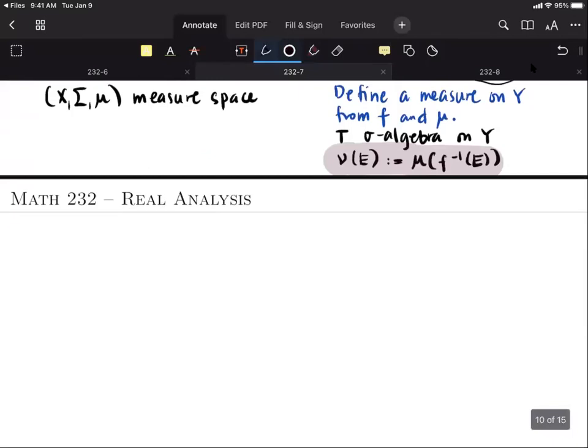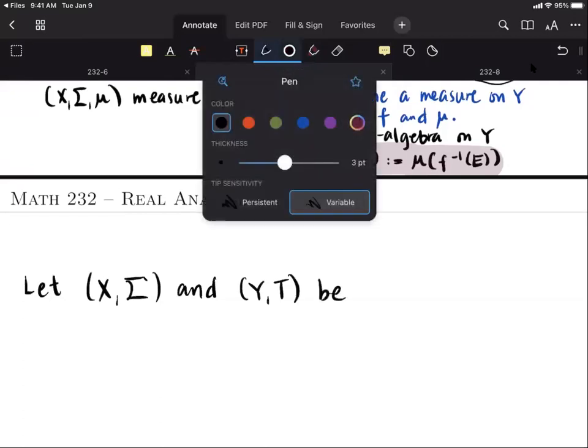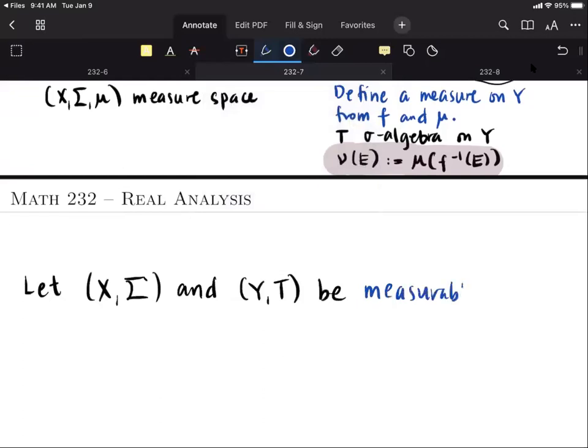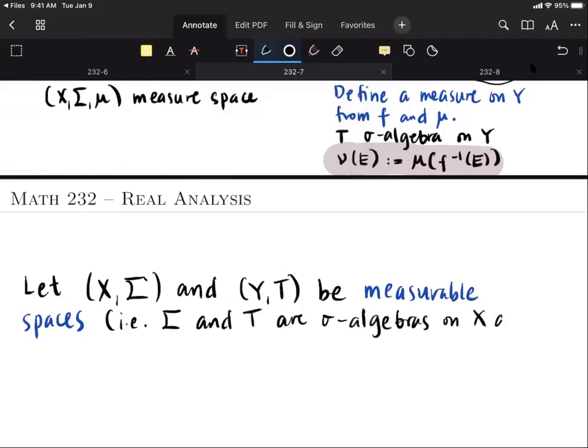Okay, so to formally state that one, let (X, Σ) and (Y, T) be measurable spaces. And by this, we mean that Σ and T are sigma algebras on X and Y respectively. So here, a pair, so that's a set, and a sigma algebra on a set is what we call a measurable space. Well, to make it a measure space, then we need to define a measure on these two measurable spaces. Okay, so a map, let's say f from X to Y,